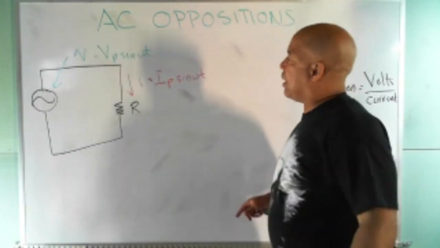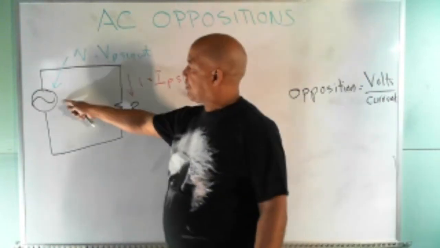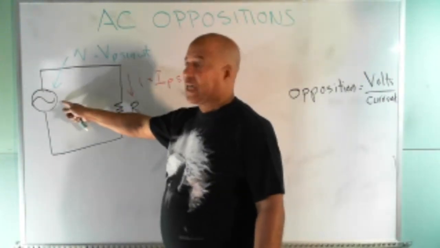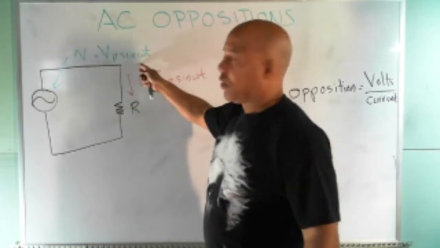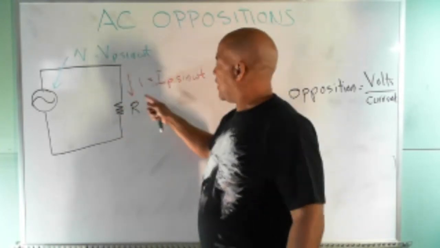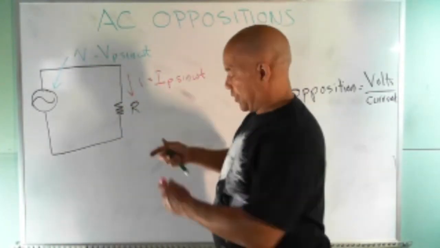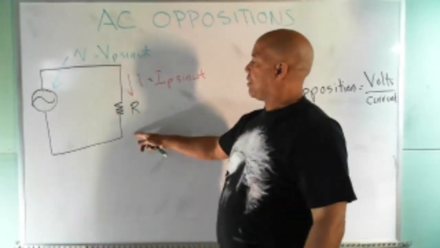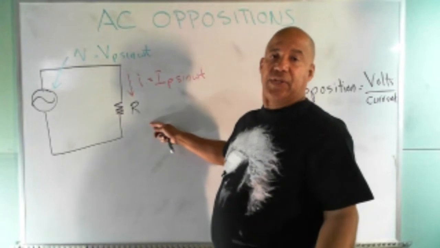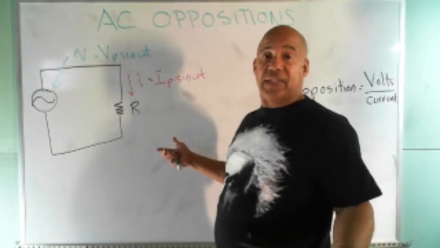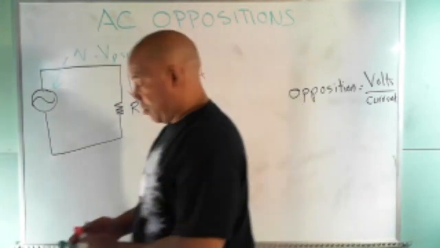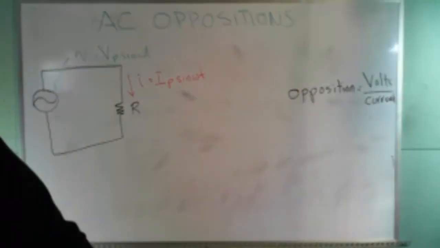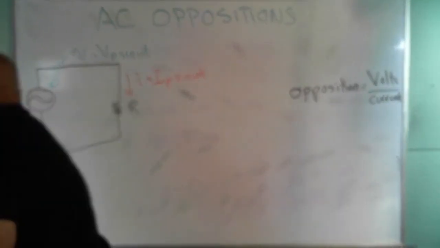So if I have this voltage waveform, this generator giving me this voltage waveform, producing this current, that's a script I, by the way, flowing through this resistor, if I want to calculate the value of the resistor, just like in DC, I use Ohm's law. So what would that look like? If I want to calculate it,